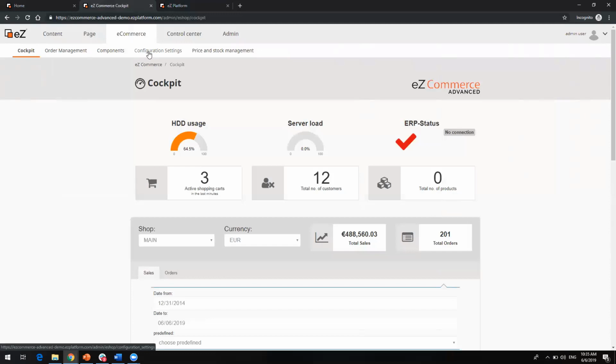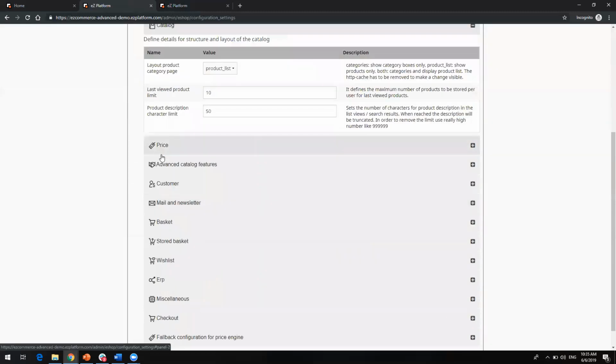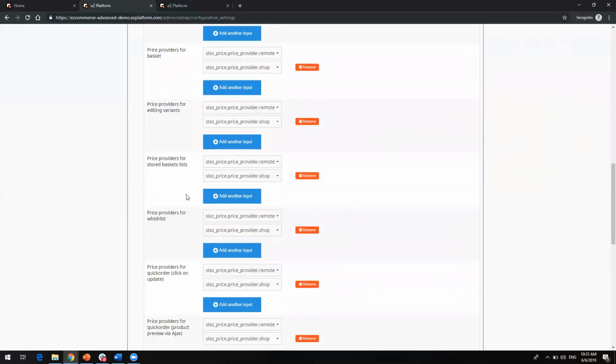Besides that, I mentioned to you guys that you can configure here on the back end. The admin can really configure how the shop will function, right? For example, I can set up the different prices that will be available. I can decide, for example,